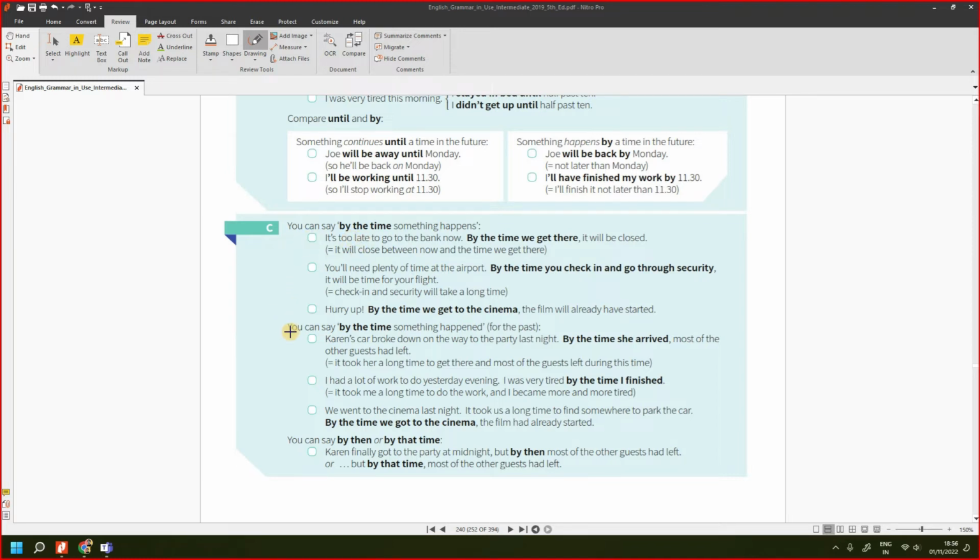Okay, so what is the meaning when you say by the time? We are trying to talk about two actions, and you're pinpointing a particular time. Okay, let's read this example. You will understand. By the time we get there, it will be closed. See, there are two things happening here. ஒன்று, நம்ம அந்த இடத்துக்கு போய் சேர்றது, அது ஒரு ஆக்ஷன். இன்னொரு ஆக்ஷன் என்னன்னா, அந்த ஷாப் ஆர் வாட்எவர் இட் இஸ் பீயிங் க்ளோஸ்ட். ஸோ இங்கே ரெண்டு விஷயத்தை பற்றி சொல்கிறோம். சரியா? ரெண்டு விஷயம் இருக்கணும் கண்டிப்பாக whenever you talk about this.